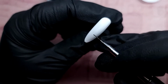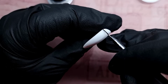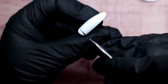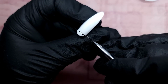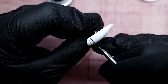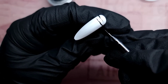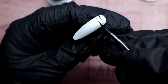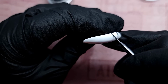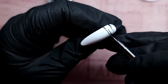Anyway, I want to see how pigmented this is now that it's thinner. So I'm going to do exactly the same thing. I'm going to do a really nice thin zebra print, but I am not going to put as much product on the nail as I did in the first testing, because now I know that they are not going to cure if they are thick, which is great,